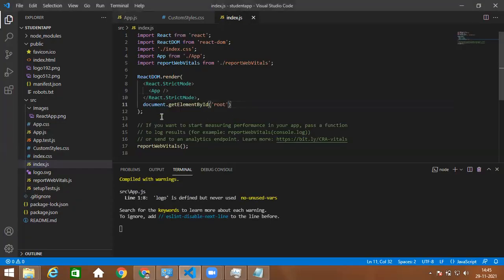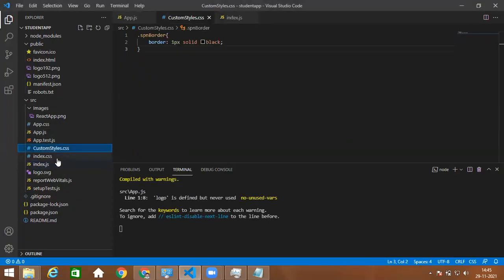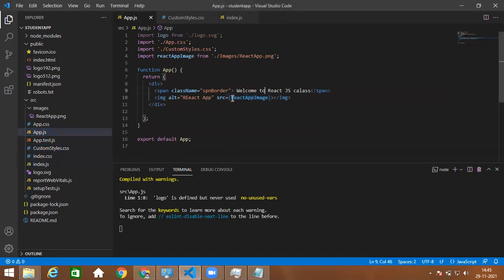Now, whatever styles you want, you can apply. For example, this image is very big, right? Let me give the image width as some 30 px. So 30 pixels. You know, the image is very small.